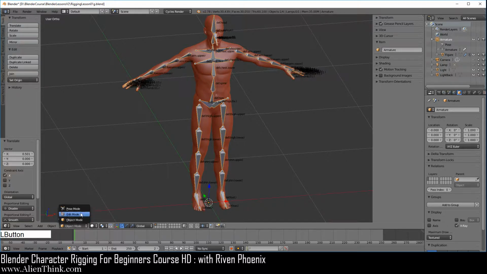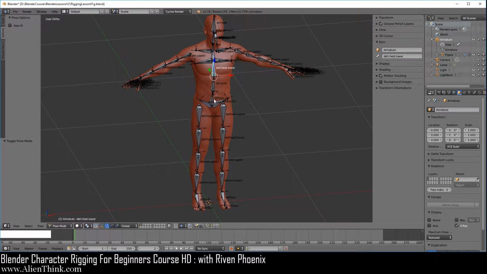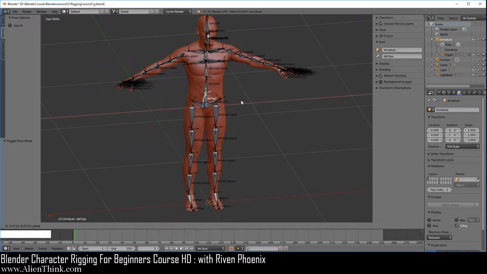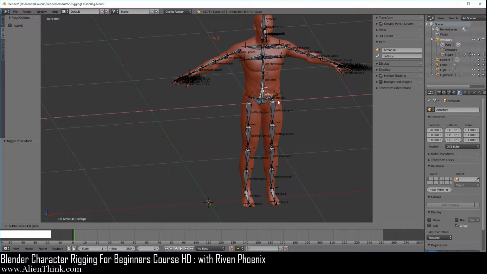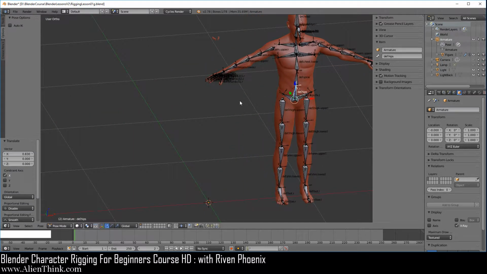Now when you switch to pose mode and you click on the hip, which is right now the root bone, meaning that all the bones are really just the children of this bone, and if you move the root bone, the entire figure is going to move because all the vertices are assigned to all the deformed bones. But notice that when we move this, notice where the origin point is for the armature. It does not move with the armature because this is in pose mode, this is non-destructive.